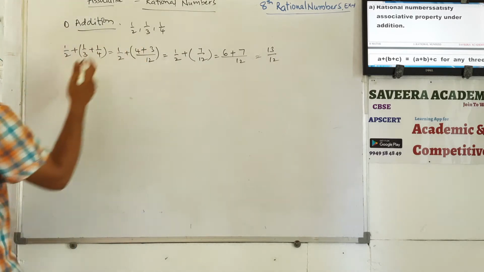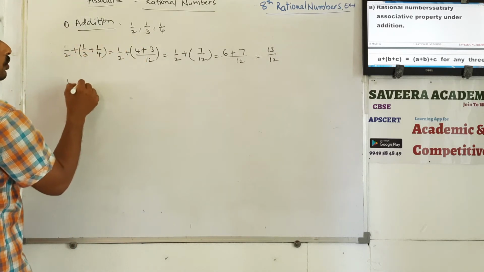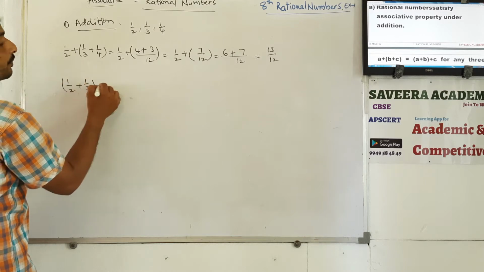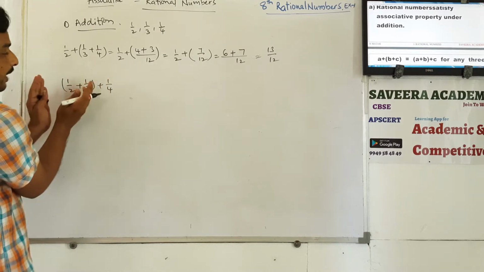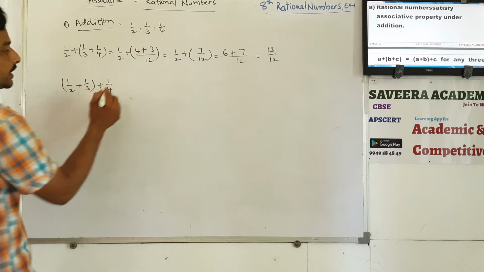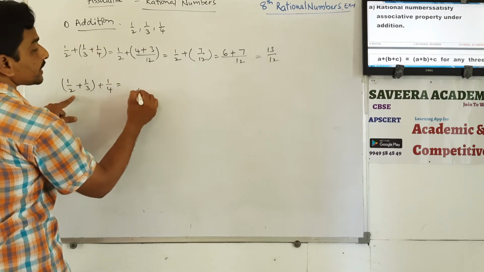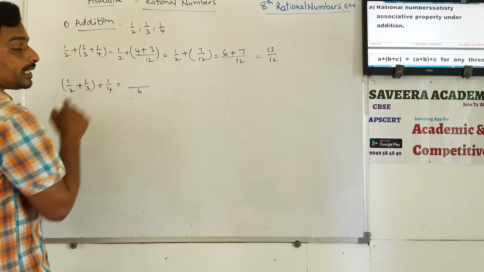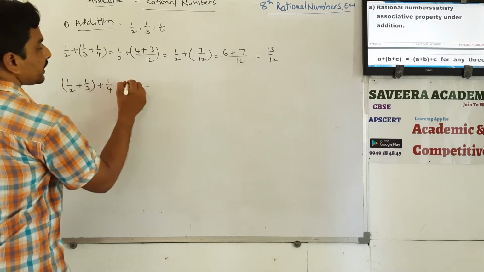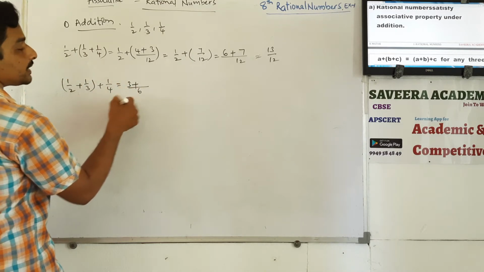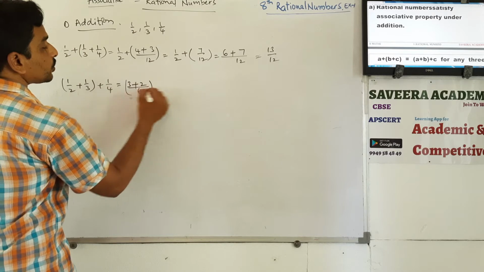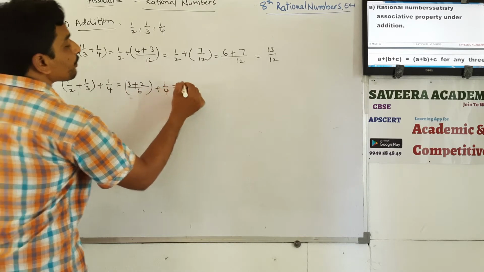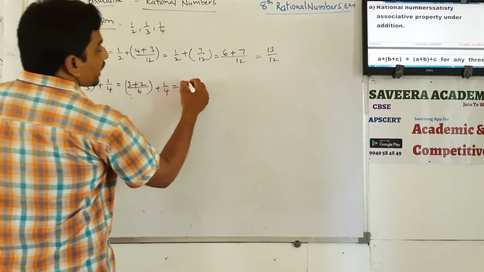Now let us find in another way. 1 by 2 plus 1 by 3 plus 1 by 4. First we have to simplify these two and then with this one. So this is 2 3s are 6 is the LCM. 2 in 6, 3 times goes. 3 1s are 3, plus 3 in 6, 2 times goes. 2 1s are 2, plus 1 by 4. This is equal to 3 plus 2 value 5.